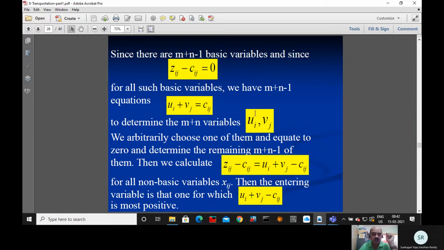So to determine all these dual variables ui plus bj, we arbitrarily choose one of them as 0 and proceed. In this manner, we find all the dual variables. One of the dual variables we will select as 0 and proceed. Then we check whether, for the non-basic variable,